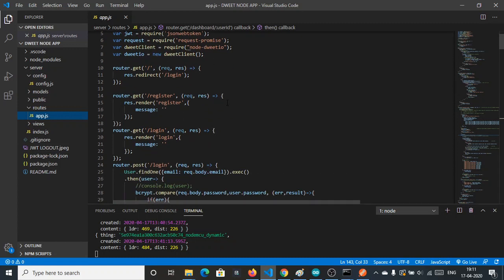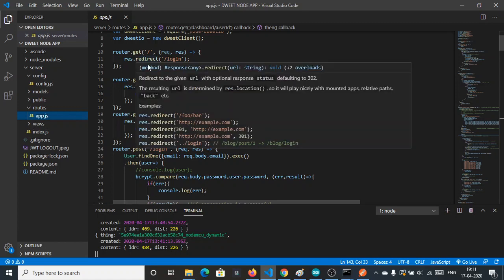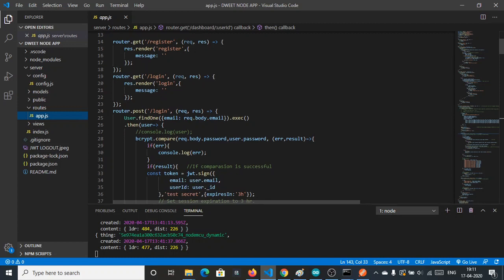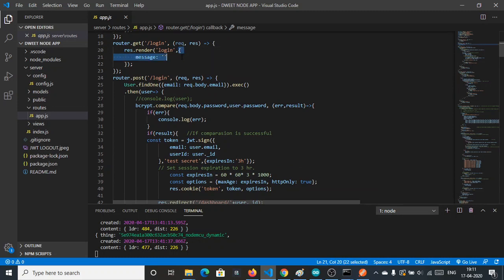So from the start we have slash, which will automatically redirect to slash login, and in login we will render our login page with message null. This message defines basically the error message, and initially there is no error message included. So basically we are sending this message to our EJS file. We have used the EJS templating engine with our server. Basically we don't have a special client in Angular or React. We have our client inside our server using the templating engine.